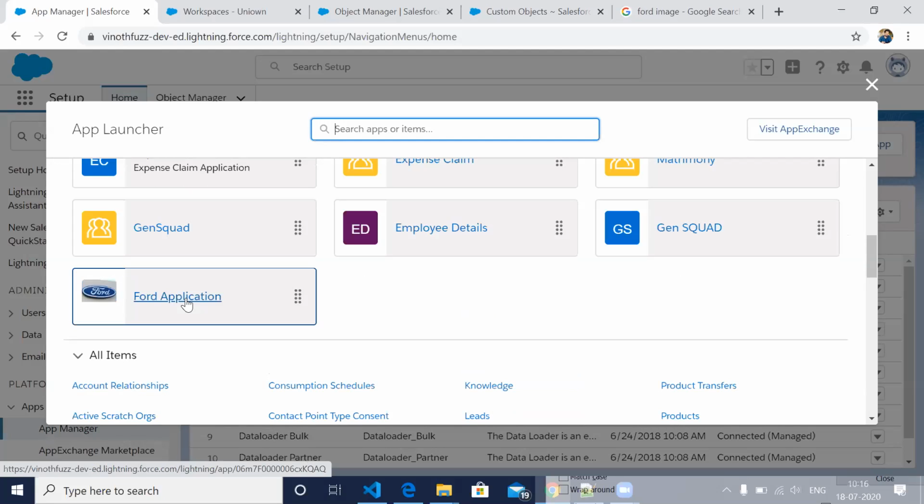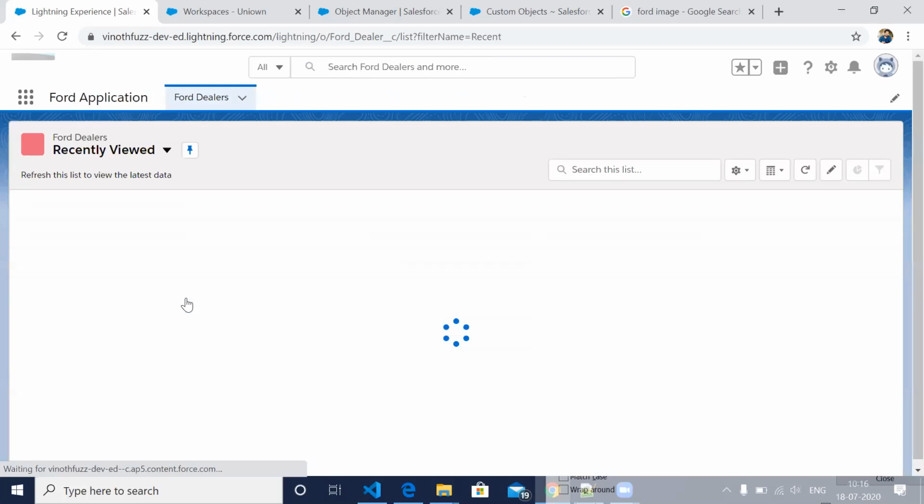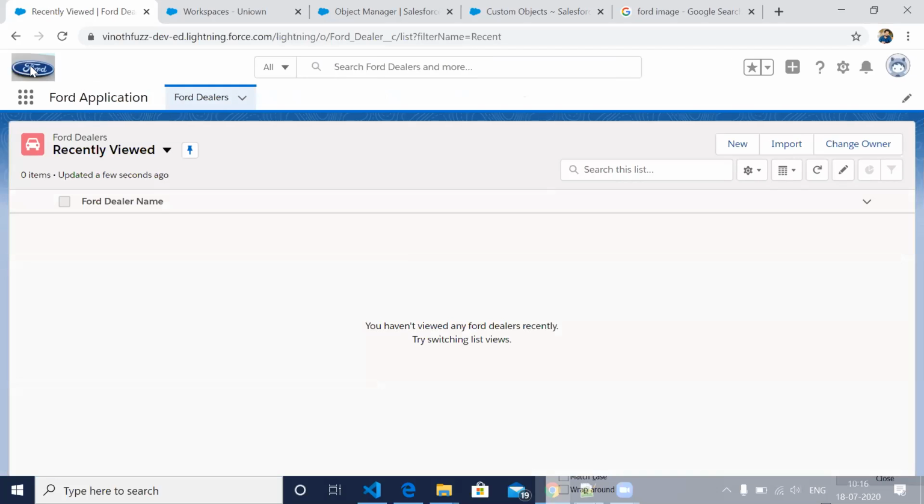Either way you can do it. Just click on our application. See, now this logo came here. And here we got this tab. We chose one symbol for the tab, and that symbol will come here.